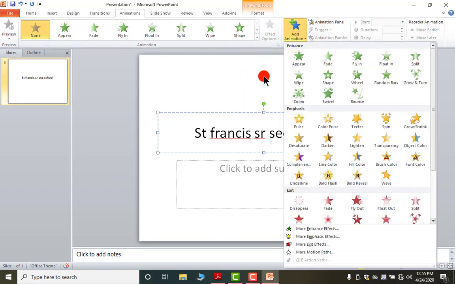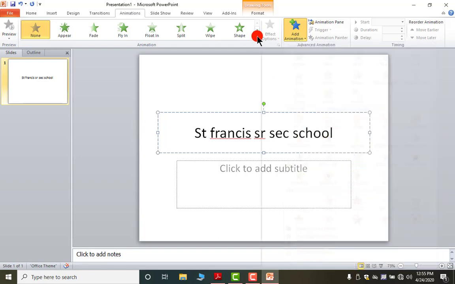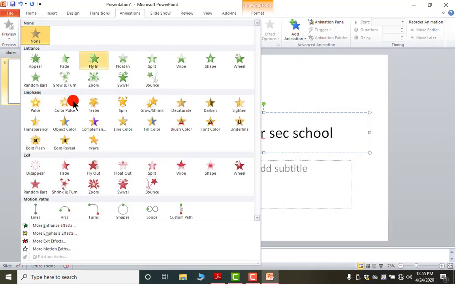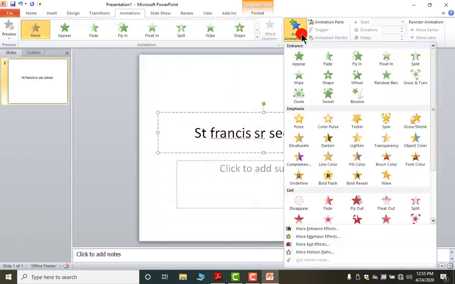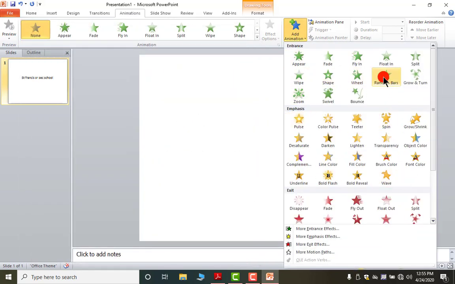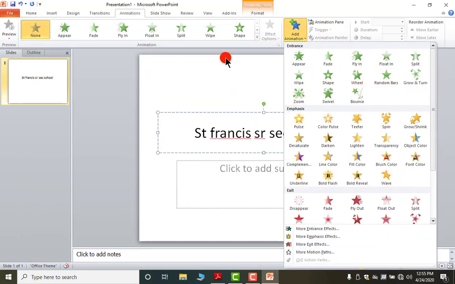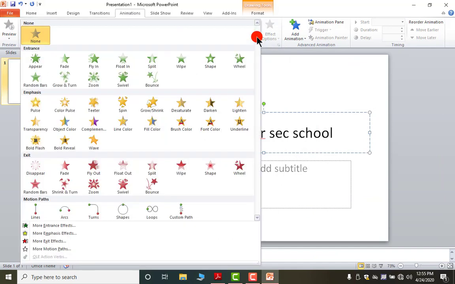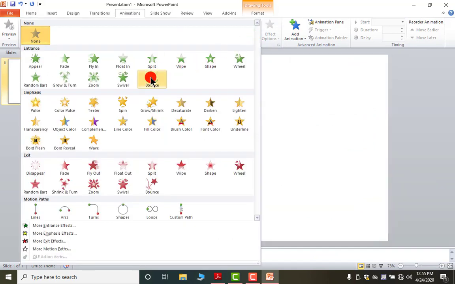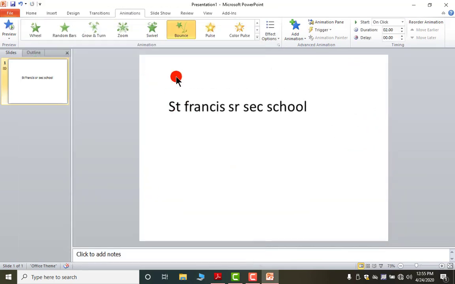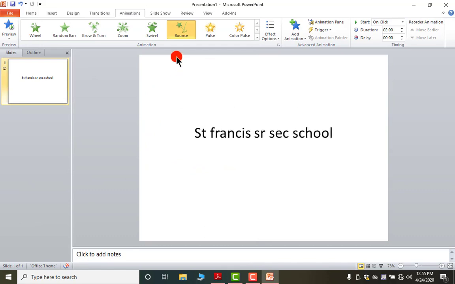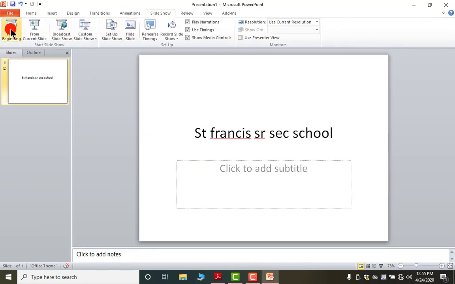But here also, you can apply it from here or from here. Both will work for you. First I am applying this bounce. Now if you play the slideshow, look, again from the beginning.